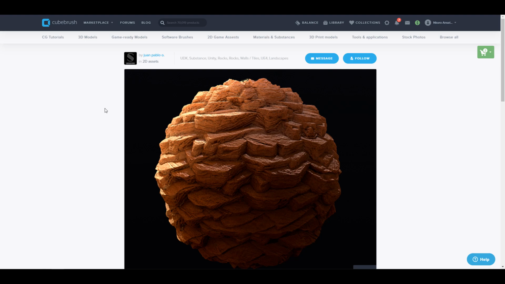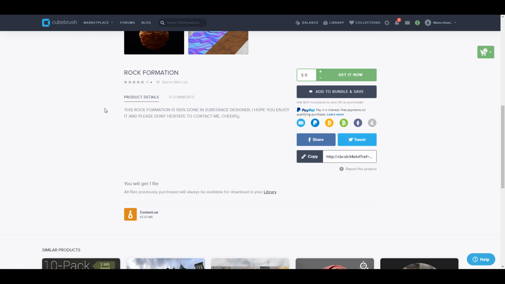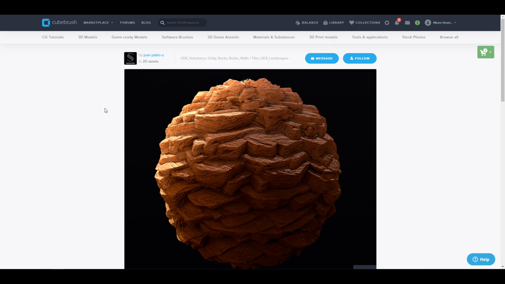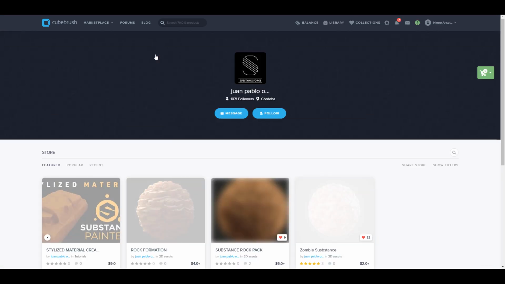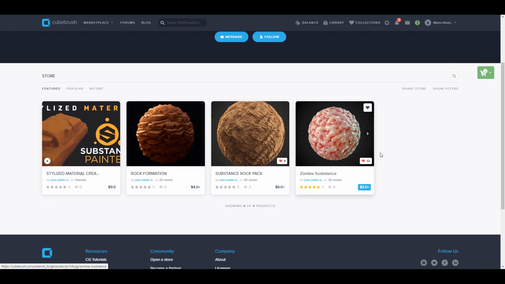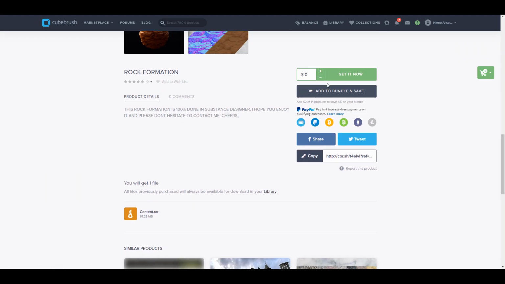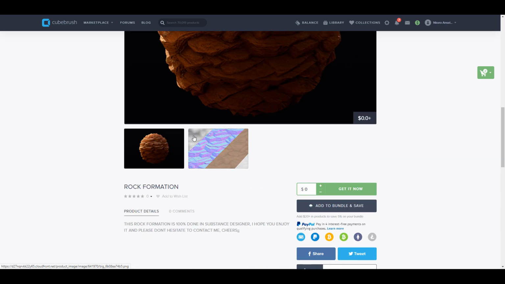Meanwhile, for those who are looking for materials, there is a very nice looking Substance Designer material which deals with rock formation that is available. So Juan Pablo is also giving out this one for free. He also has a couple of things on his page, but right now this is supposed to be for free. So once you click on this button and go right there, you can grab this one for free. So you need to go with the links in the description for you to get them.